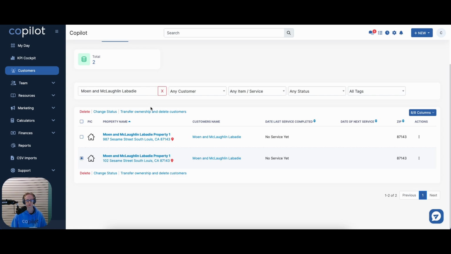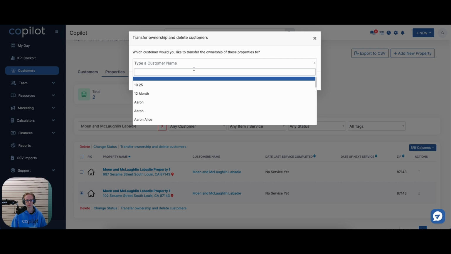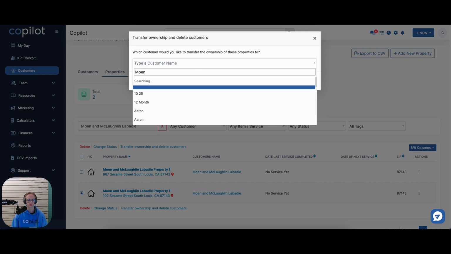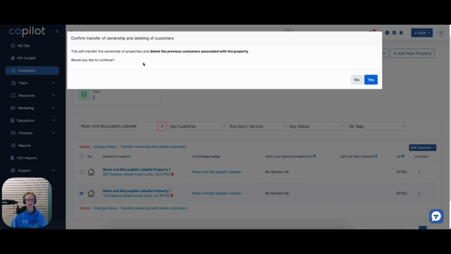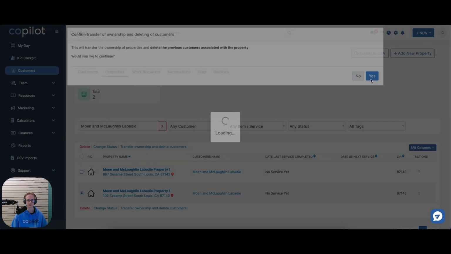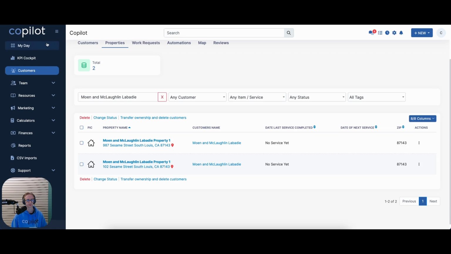I can check this box, transfer ownership. And which customer would we like to transfer the ownership to? We would go to Moen, and we would transfer the ownership and delete the previous customer associated with the property. Would I like to continue? Yes. So then, when it refreshes,